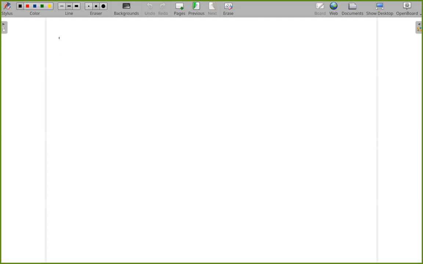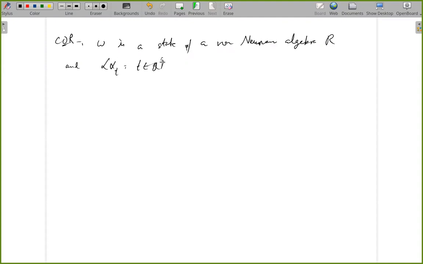I guess we had a quick corollary also, so let me just mention that. If omega is a state of a von Neumann algebra R, and alpha_t is a one-parameter group of star automorphisms satisfying the modular condition relative to R,